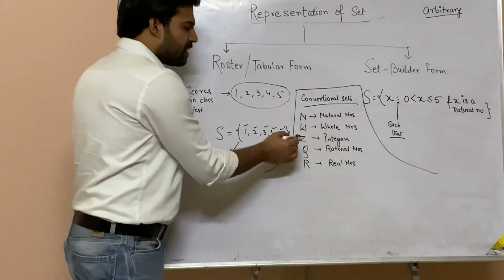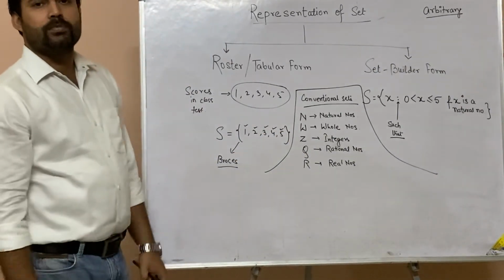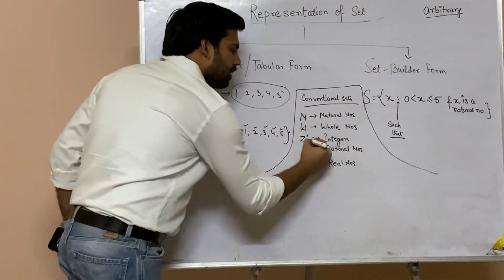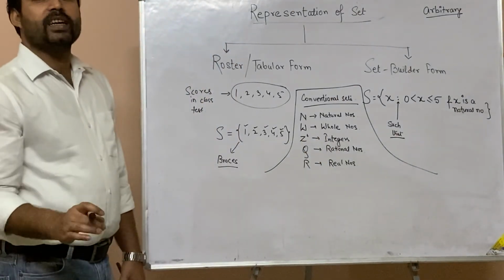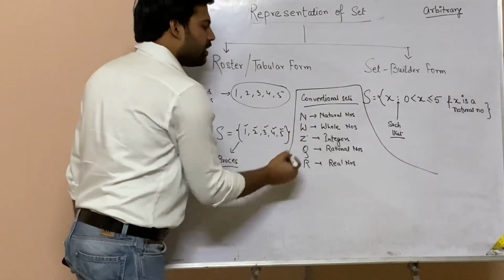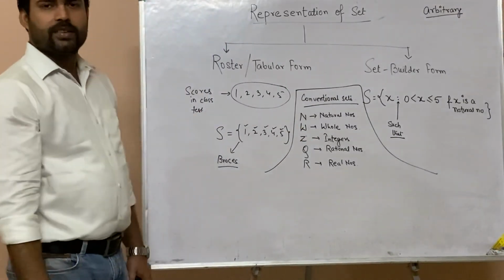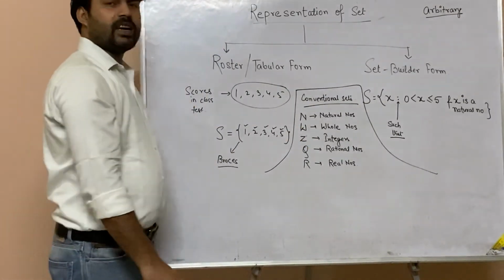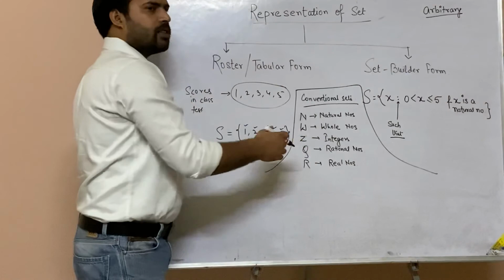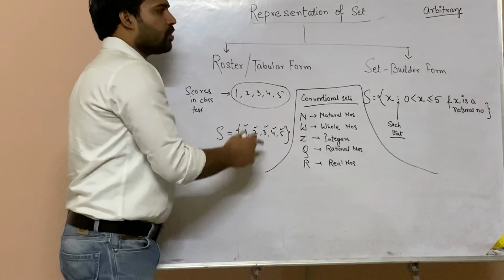Natural and whole, these two numbers do not have much differentiation. But in case of Z, Q and R, you will see that they are much more differentiated into positive numbers, negative numbers, 0 and these kinds of things. So if you write Z with a plus in the power, that means you are specifically talking about positive integers. If you write minus, then you are hinting towards the negative integers. Similarly, Q plus positive rationals, Q minus negative rationals, R plus positive reals, R minus negative reals. Regarding this, I'll let you know once we start doing the questions, we'll get to know these things more and more. Before that, please pause the video to note it down.